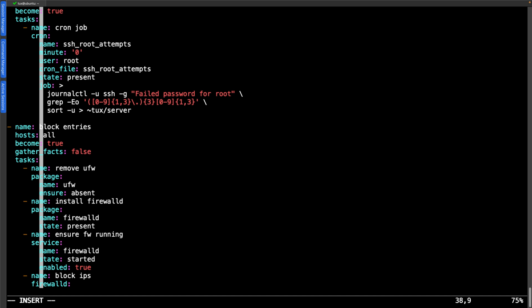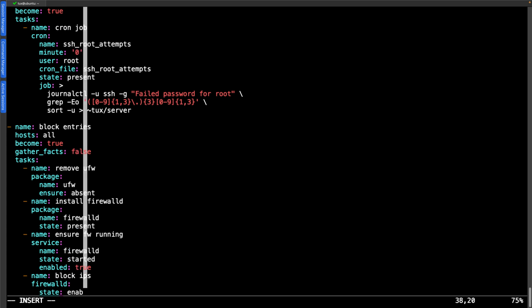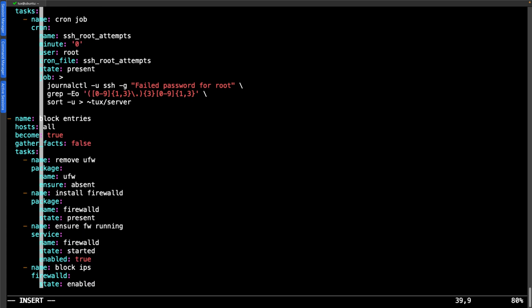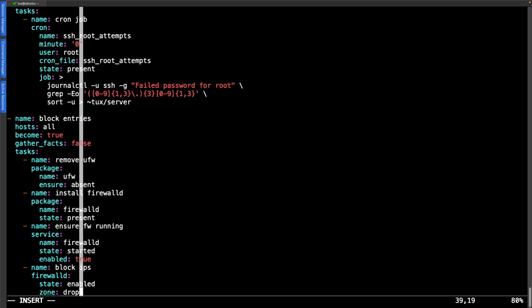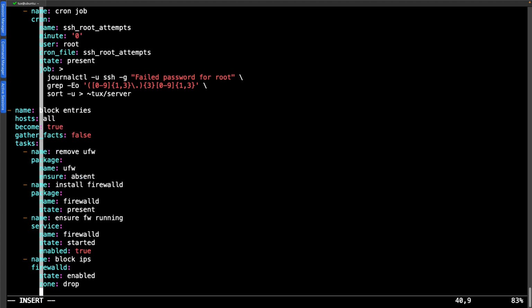And then as we go through with this, we can say that we want the rule enabled. So state enabled. We want it for our drop zone. Any source added to our drop zone is going to be automatically denied access to everything on our system. And that's what we want for these IP addresses. So the drop zone is going to work good for me.